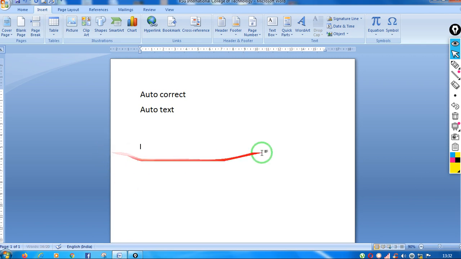By clicking on the auto text that you have created, the auto text content will automatically appear on the screen. So let's try one more time how to create auto text. To create auto text, first you have to write the text. Hello friends, how are you?